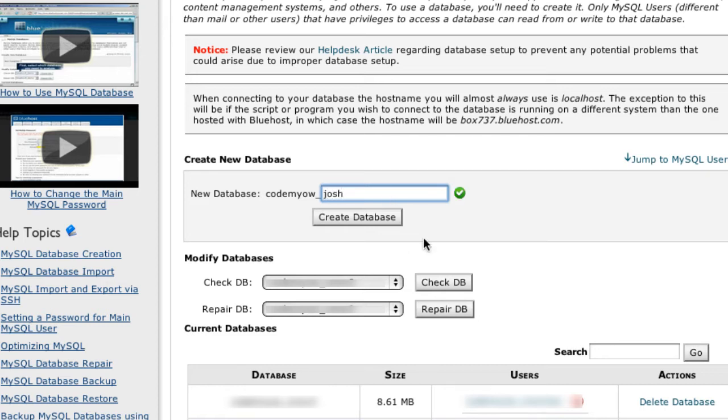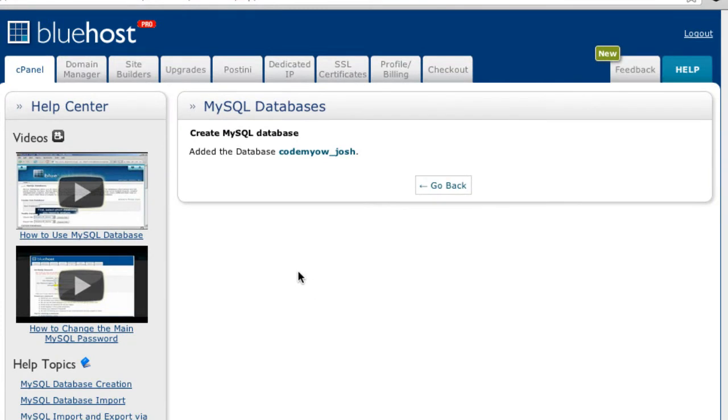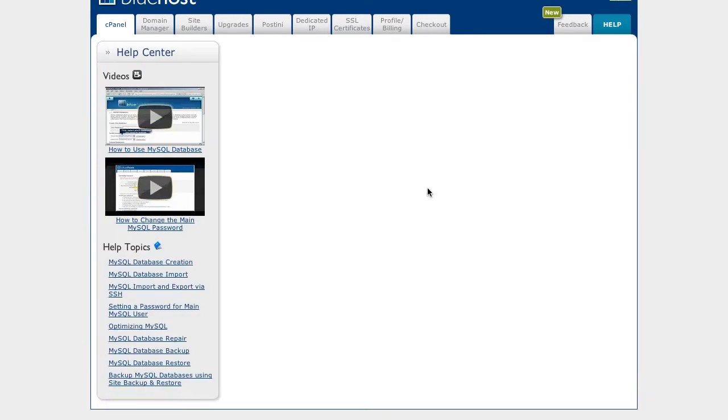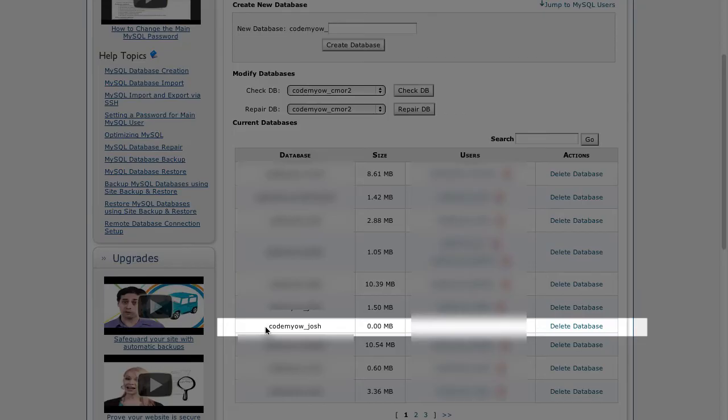I'm just going to call mine Josh, and then click on Create Database. So now it's telling me that it's added the database Josh, and it prefixes this with your username just for uniqueness. If you click on Go Back, now in our list we've got Josh,